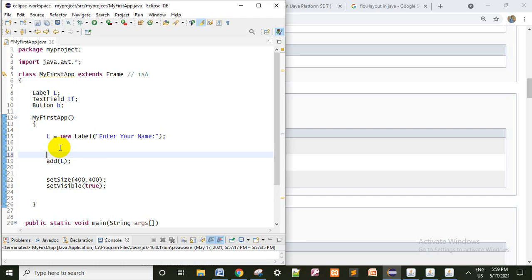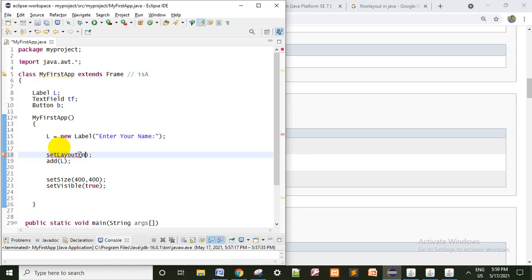So many layout managers are available in AWT, there are 12 or 13 layout managers.